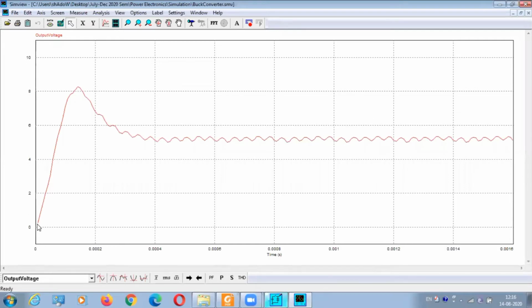Shubhajit, yesterday you were asking what happens in the transient region. See, it is starting from 0 only. The first stage will be starting from 0, no problem. But our region of study is this region, the steady state region, all these waveforms during this region. So this is a 12-volt converter. After some 0.006 seconds, it reaches steady state, that is 5 volt.